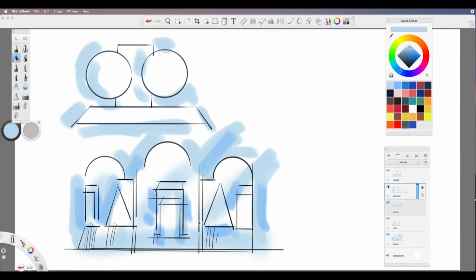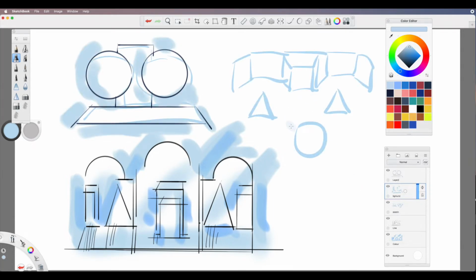So if I just turn this one back on, there it is, and I'll go and finish that one. So that's just how you should work up your initial concepts. Do think about what it is you want to place in terms of what the stage looks like, or where you're going to use or put the set together, outside, inside, or wherever,